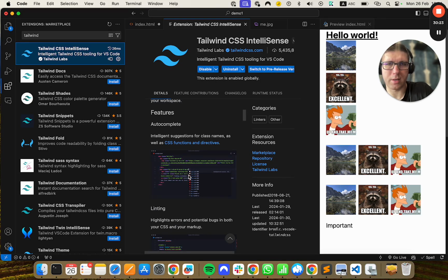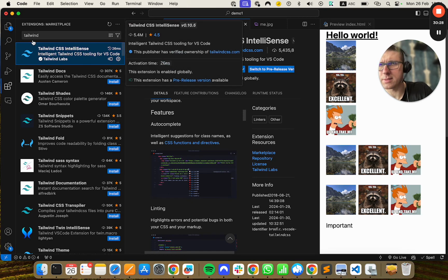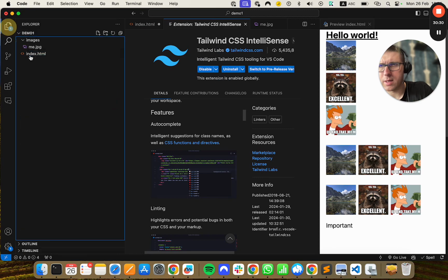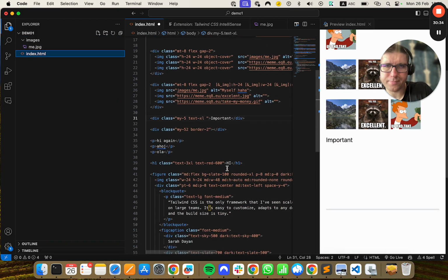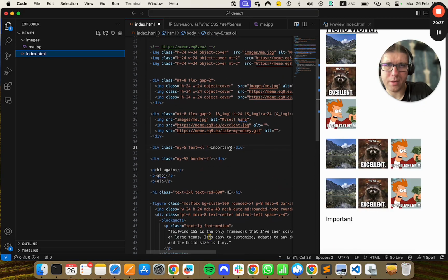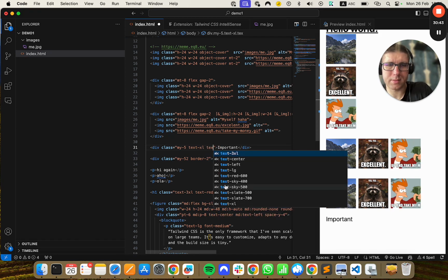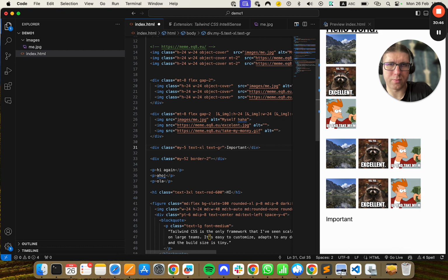Okay, so that's why it's auto completing. Okay, so I have it installed. So Tailwind IntelliSense to have that. And now when you are adding a new color, where are we? The important bit here. You'll say text thing. Don't know why it's not working, but anyway, it should be suggesting like color. Anyway,